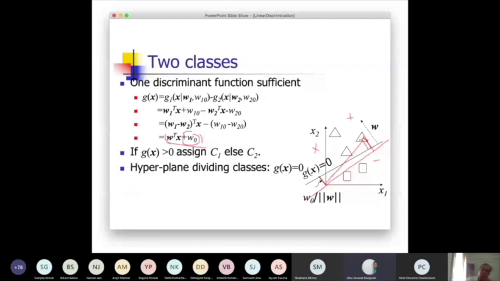Sir, if U is the point and we are trying to find the distance, then it should be W transpose U plus W naught, divided by W transpose W, I guess. Yeah, that is right, you are correct. If it is the point U, then it is the functional value at that point, W transpose U plus W naught, divided by the norm of W. That is what we have learned from our school level geometry, and we can prove it easily. I just got confused with this vector representation.